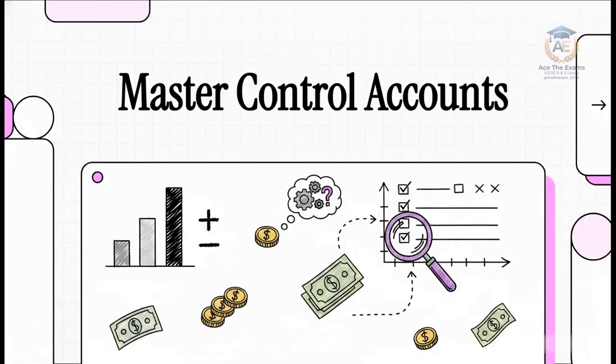I am your master coach, and today we are diving deep into an absolute masterclass on Cambridge AS and A-level accounting, specifically Syllabus 9706. Our target? Control account reconciliation statements. This isn't just a basic review. This is an elite, high-stakes explainer. We are looking squarely through the examiner's lens to uncover exactly where you are losing marks and how to instantly reclaim them.